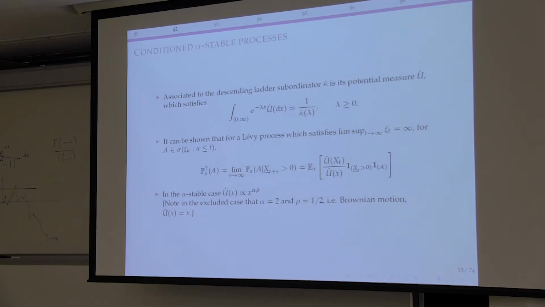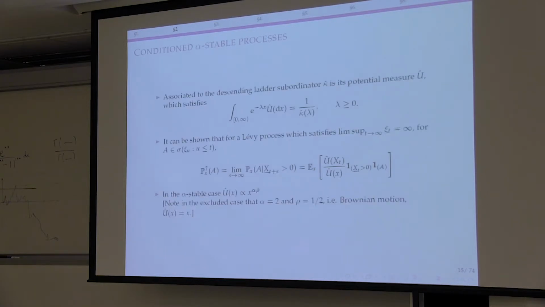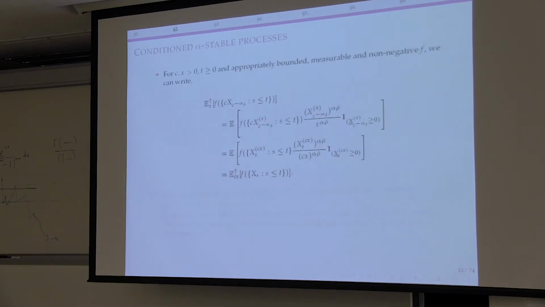That's the take-home message. So the question I now have for you is: is a stable process conditioned to stay positive a self-similar Markov process? And of course the answer is yes. Yes, because it's Markovian, because it's a Doob h-transform. This preserves the Markov property, as do all Doob h-transforms. And scaling, so what would I check? This might be helpful for some of your exercises. I would check that if I look at a functional of the path, say up to time t,